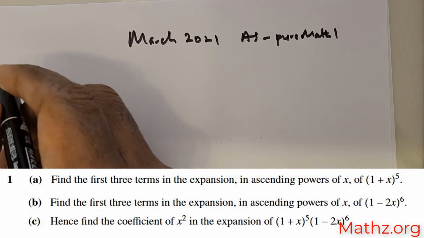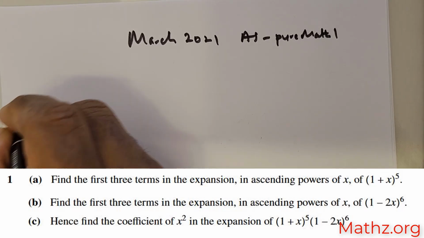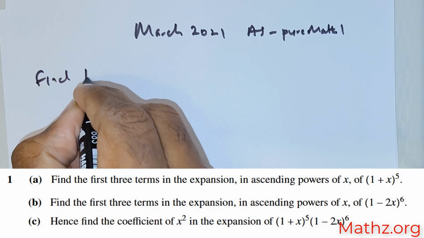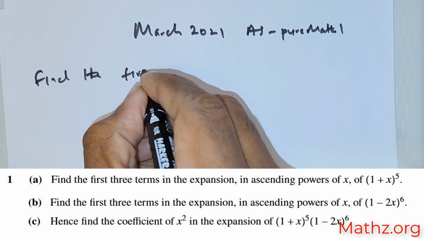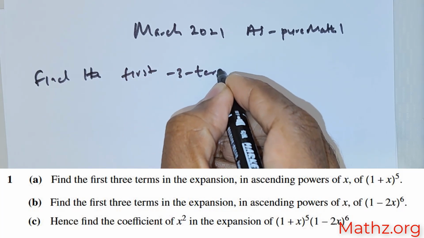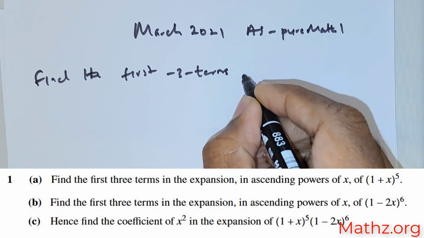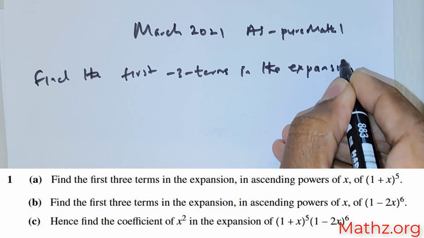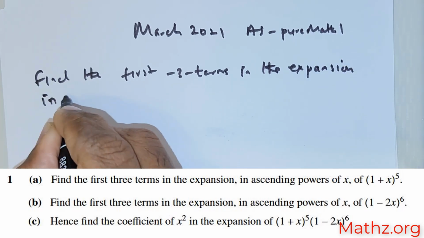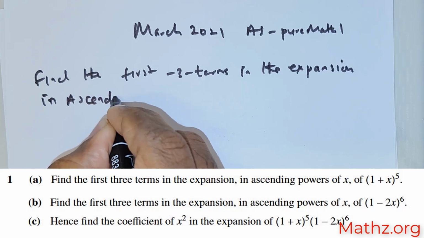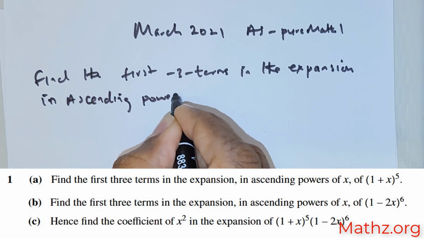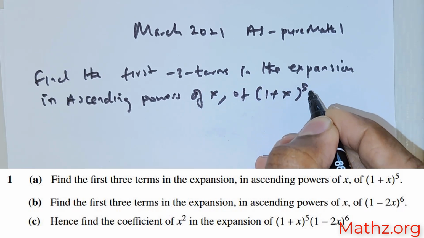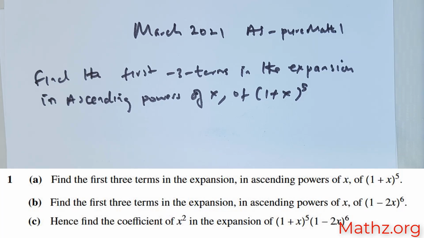1. So this is the first question. Let me write the question down. The question is, find the first three terms in the expansion in ascending powers of x of (1 + x) raised to the power of 5. So this is question 1,